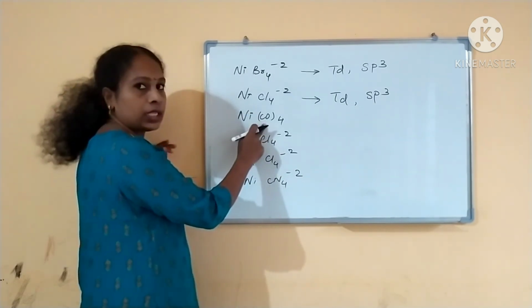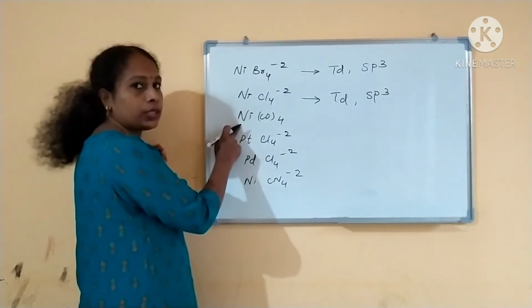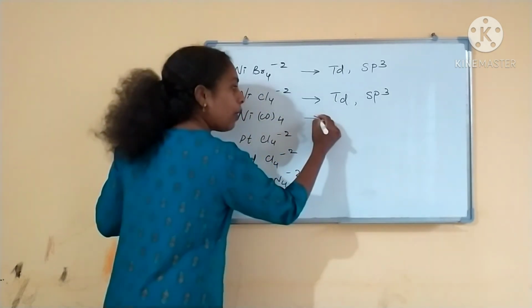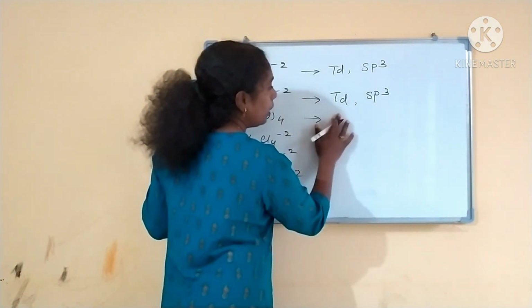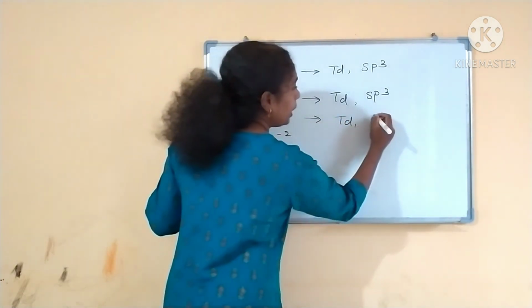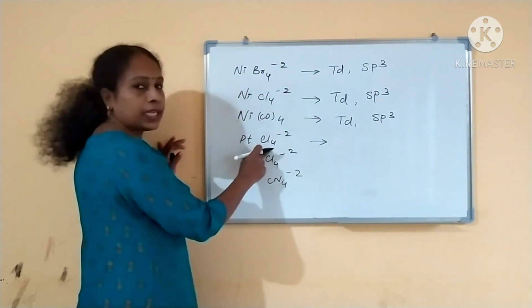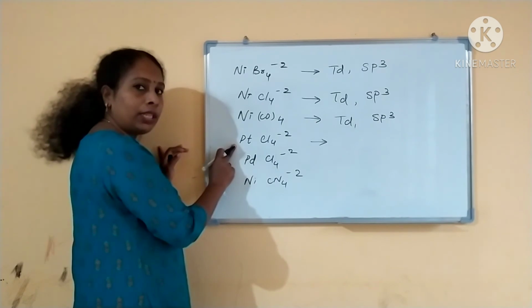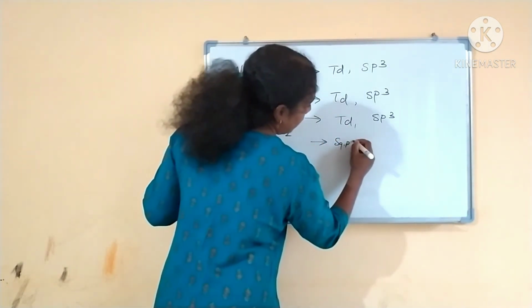Ni(CO)4: CO is a strong ligand, but it is a neutral ligand, and here nickel does not have a charge, so it takes only outer orbitals. It will be sp3 hybridization only, belonging to the point group Td, right? sp3 hybridization. So [PtCl4]2-, whatever the ligand is, will form only a square planar complex, right?